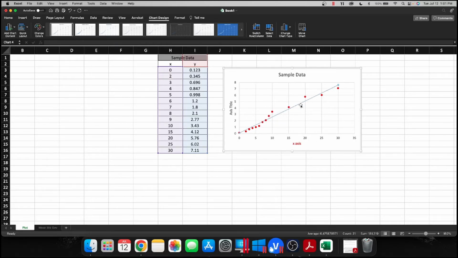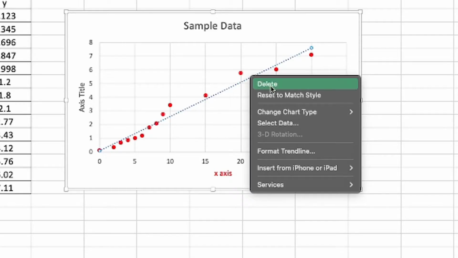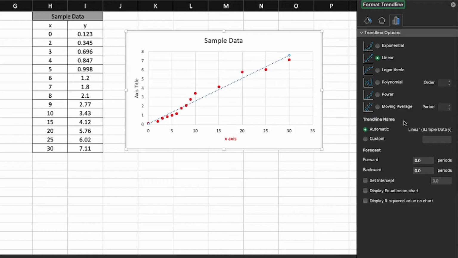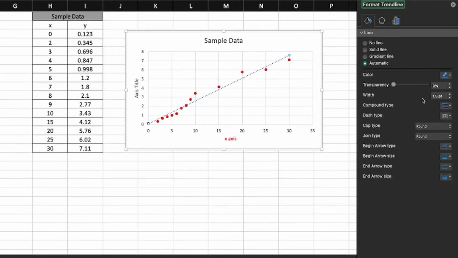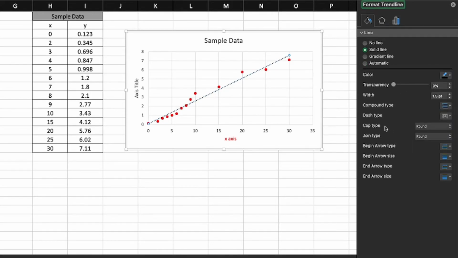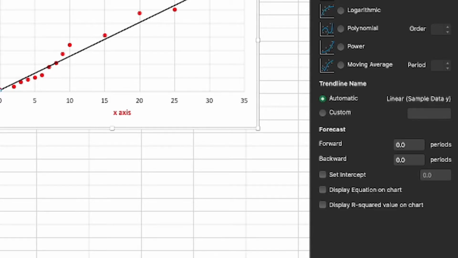If you want to format your trend line just like the data points, you'll go ahead and click on the trend line, right click on it, and format it. As you can see, this is a bunch of different options to adjust your trend line as well. So for example, if you don't want it to be blue, you want it to be black, you can change the color. Right now it's dotted, so we can change the dash type to either normal or one of these other options. If you click on the trend line options, you can also see down here at the bottom, there's